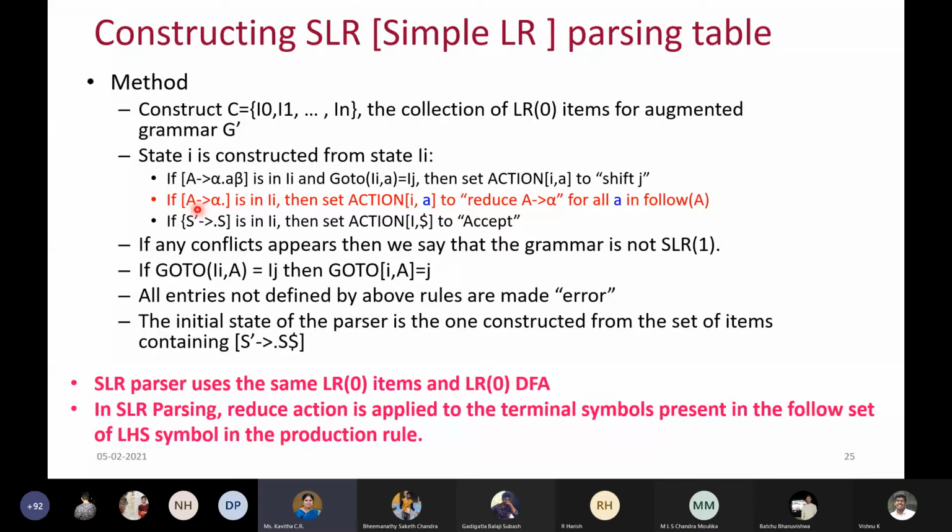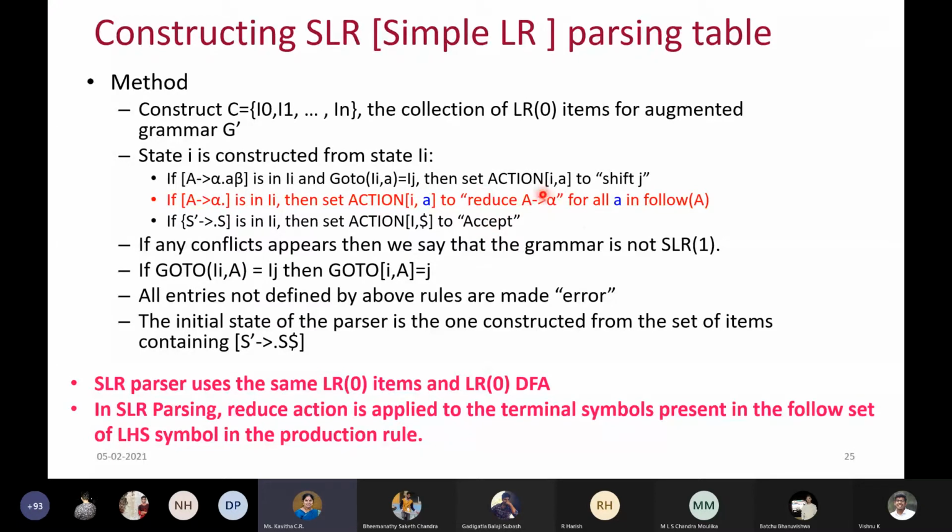Suppose I take this particular rule, A → α . It means that I have some substring in alpha, which can be a combination of terminals and non-terminals. That is whatever rule you have got, and that is the rule we are going to apply the reduce action for.